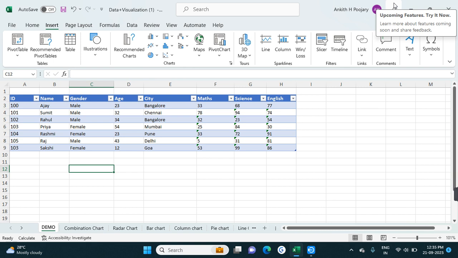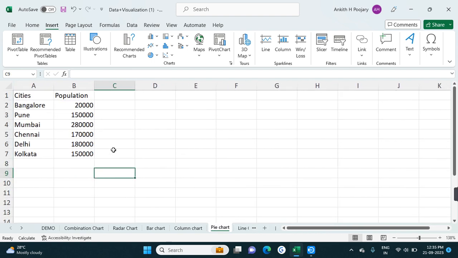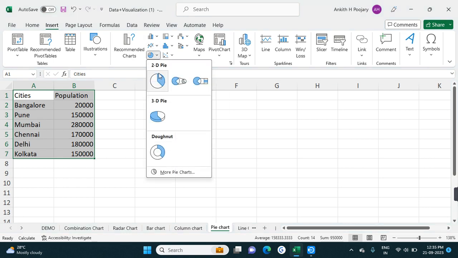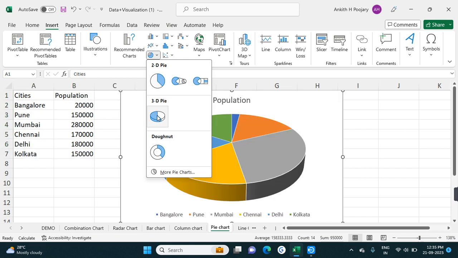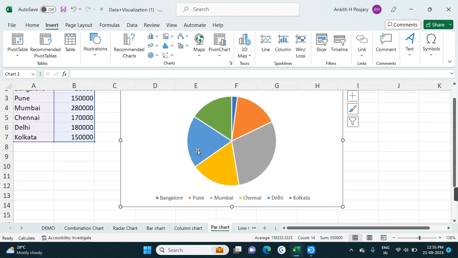This is how you can insert a chart to your Excel sheet by selecting the range and inserting the chart. Then let's see how to do pie chart. So if you have the cities and population, and you want to show your data in a pie chart, you have to first select the whole range, city and population, then go to Insert tab. Then you will find the pie chart here. Then you can choose any option as you wish, like 3D or 2D. I will select 2D option. So this represents the population of the city. Bangalore is represented